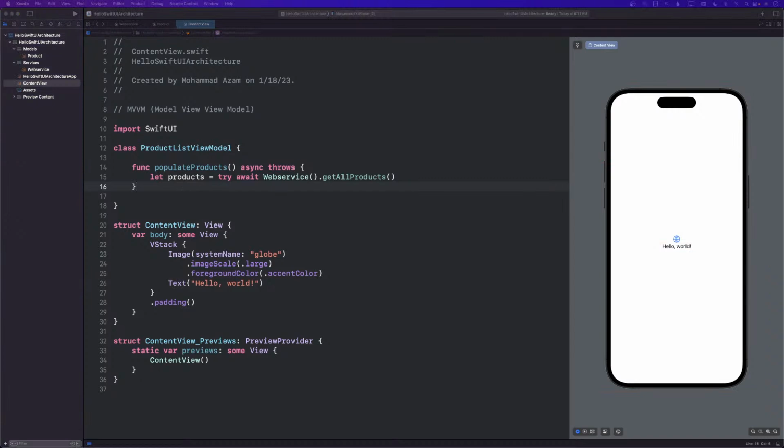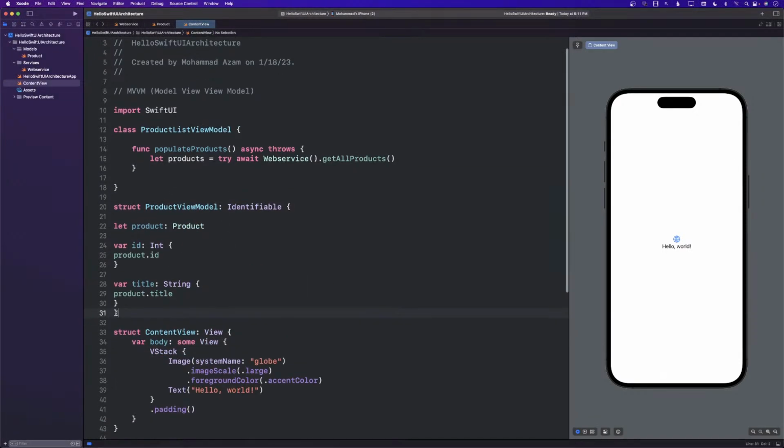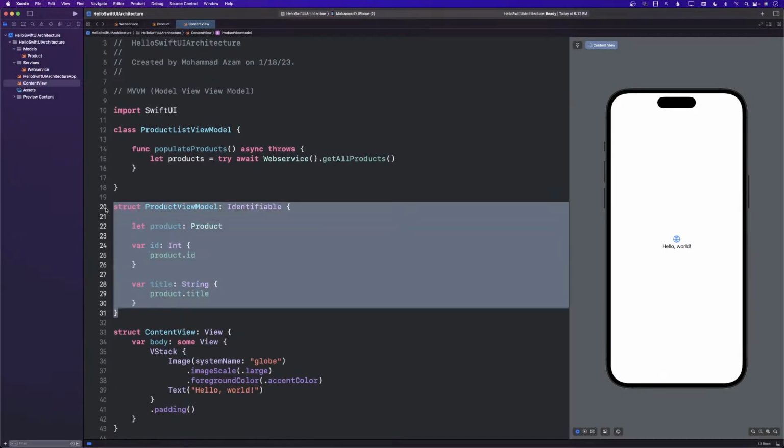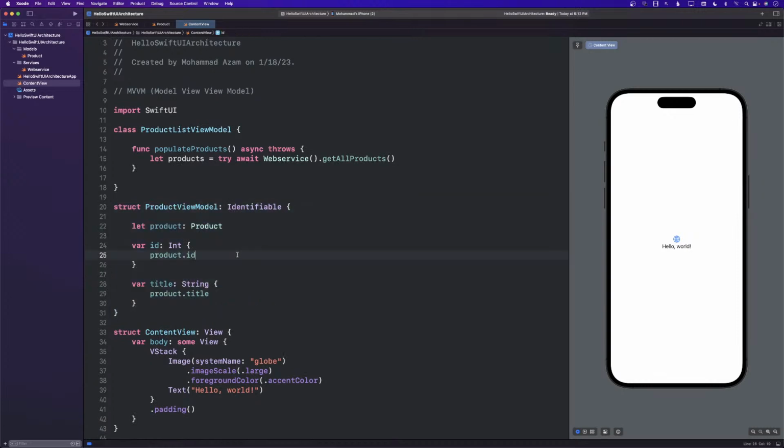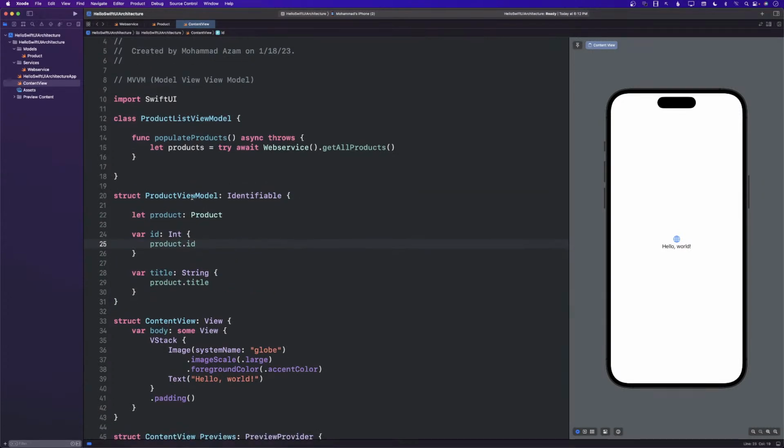Okay, I'm going to go ahead and create a very simple product view model. I'm just going to actually copy it. There we go. Let's go ahead and arrange it so you can see it clearly. Here we go. So we have a product view model. You can make it private or something so that it's not available to the view itself. That's fine. But this product view model that we just created is going to represent an actual product, one single product.